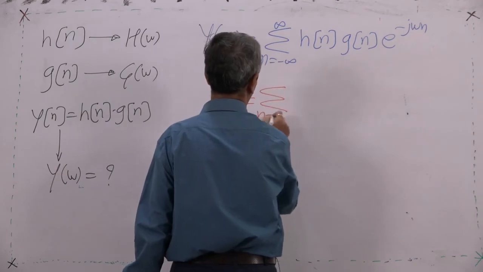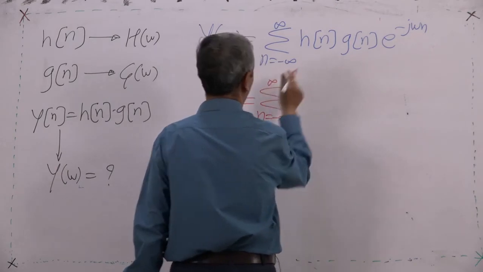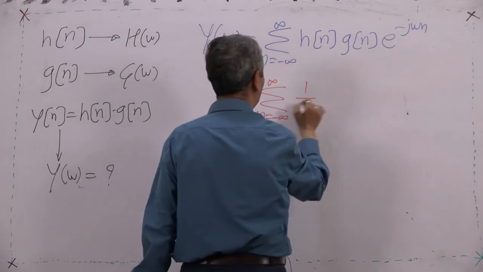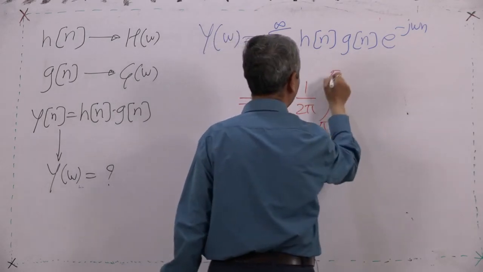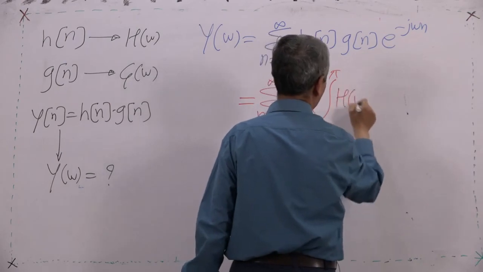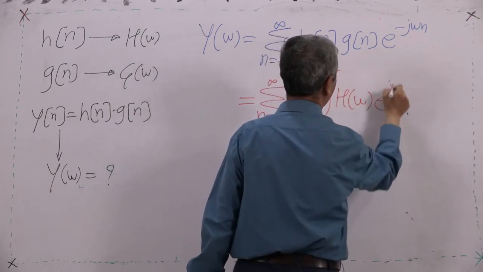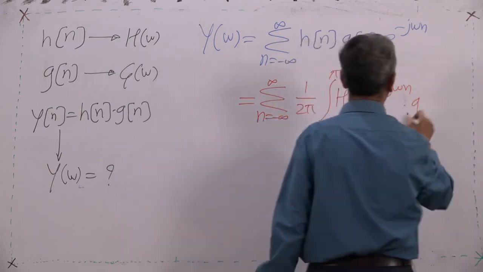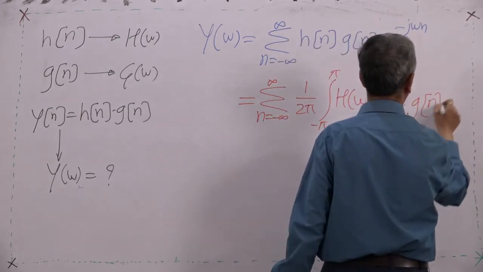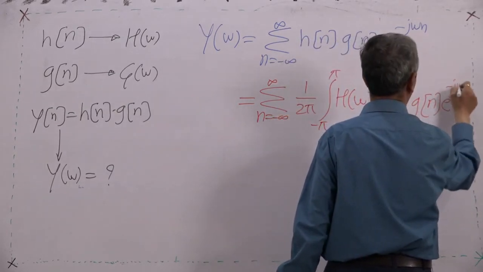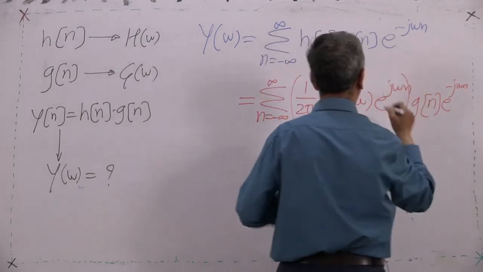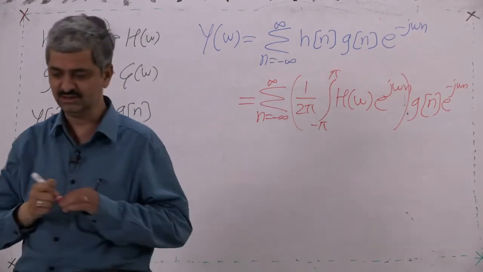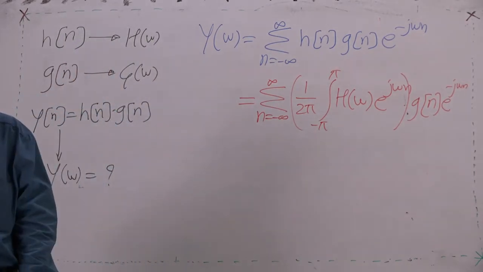Summation n equal to minus infinity to infinity, and hn is 1 upon 2 pi, integration from minus pi to pi of H(omega) e raised to j omega n, into gn e raised to minus j omega n. So hn we have put as